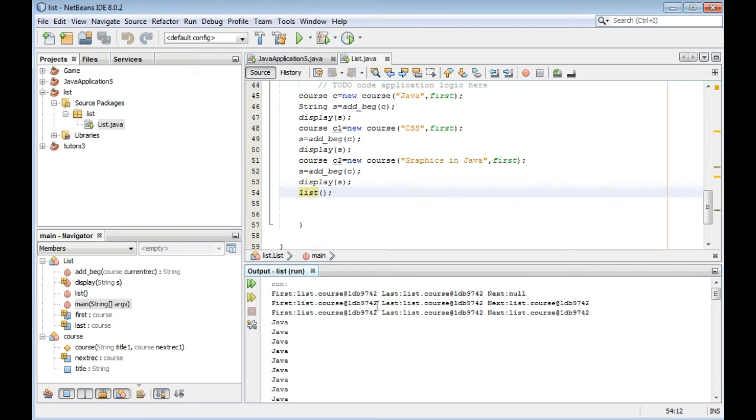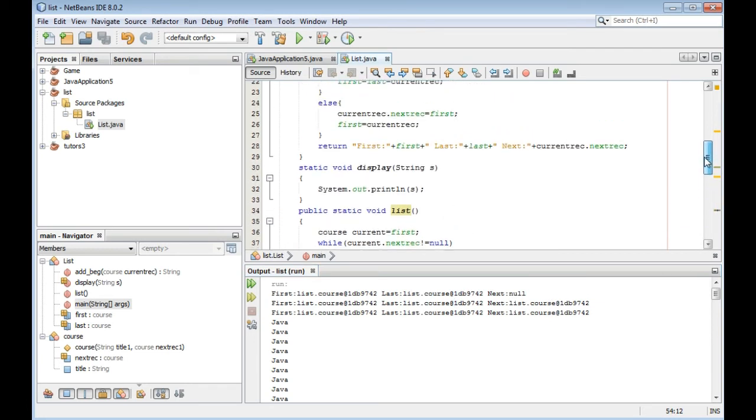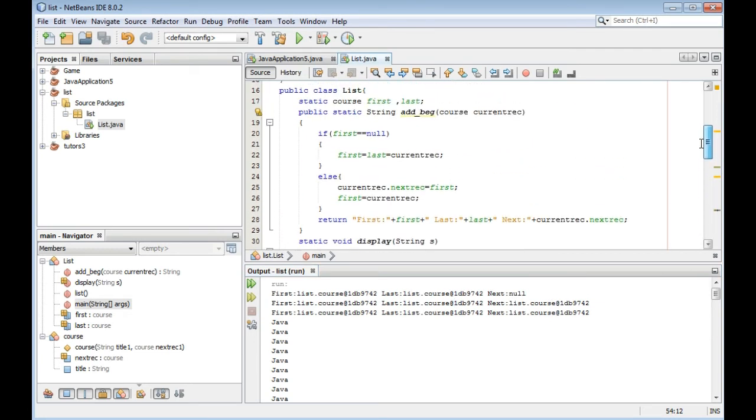Let's see what is going on. We have some problem. You should see the first record is 942. So first is 942, then last is 942.